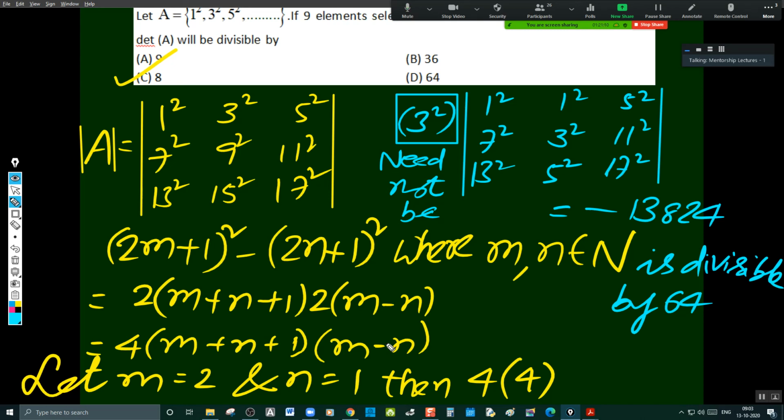We still have to decide on that. If the factor of 8 has come out, a factor of 64 may or may not be there. We found the determinant is divisible by 64; we took the minimum, a consecutive series, so that is the minimum. So both answers should be there, D should also be there. You must have D, but think in another way, because finding the determinant value takes more time. Think in the other direction of proving that it is also a factor of 64, since we got it through simplification. So I think C and D is the answer.